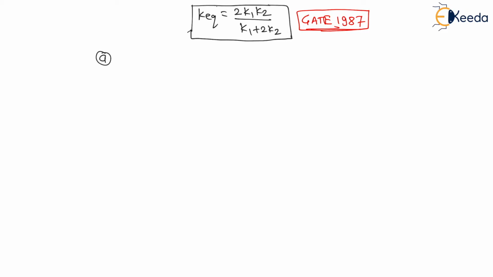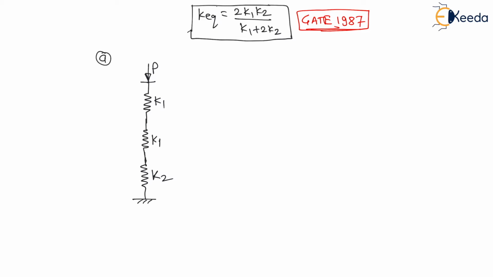Option A is given like this. Let us say there is a first spring with stiffness k1, then another spring with the same stiffness k1 in series. Again there is another spring with another stiffness k2 in series only, right? And there is a force P on these three springs. Now we will find the equivalent spring stiffness for these springs. My dear students, they are all in series.